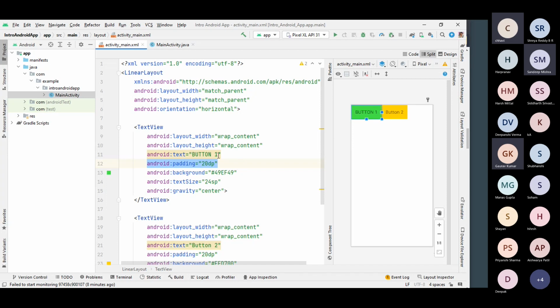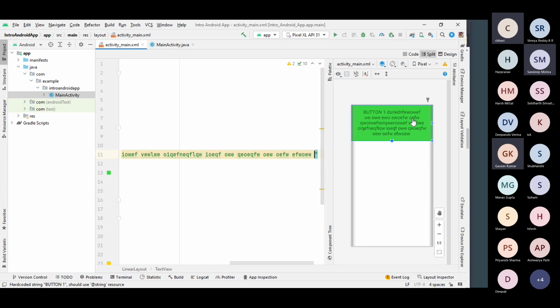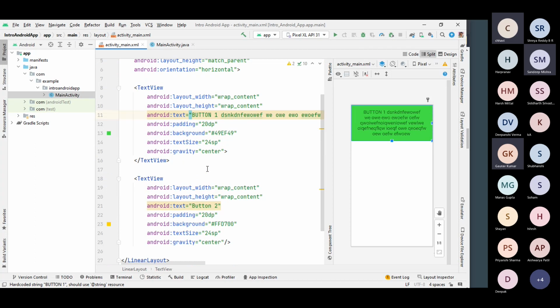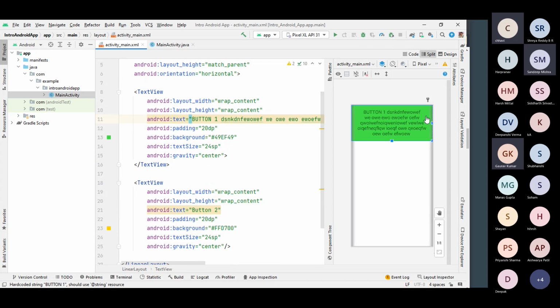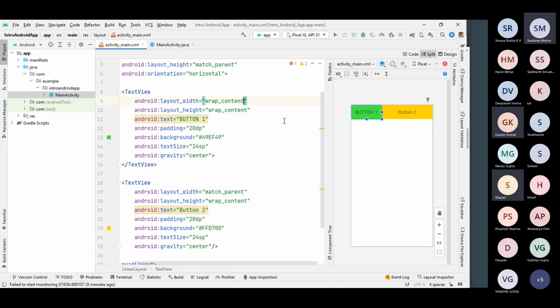So as someone already asked, what if I increase the length of the text? So let's suppose I am writing anything in the screen, and after some time you will see that the whole text view is taking the complete width, and my second view called button 2 is invisible now because this button has taken the complete width. So let's erase this and let's move to our task,